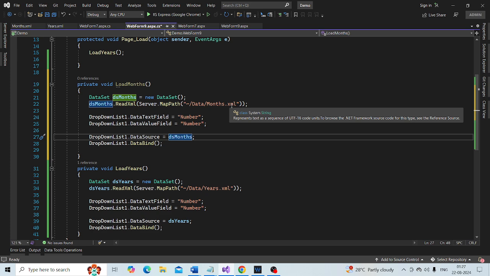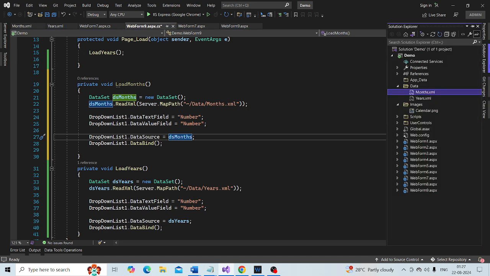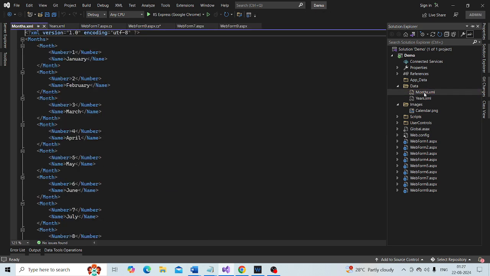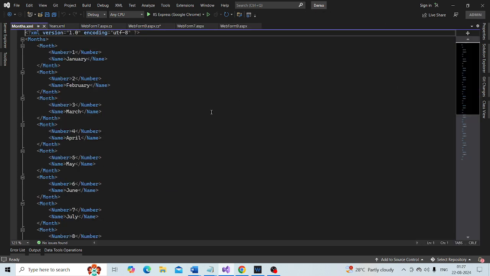So months.xml, and then within the months XML file, what is the data text field? The data text field is going to be name, and the data value field is going to be number.